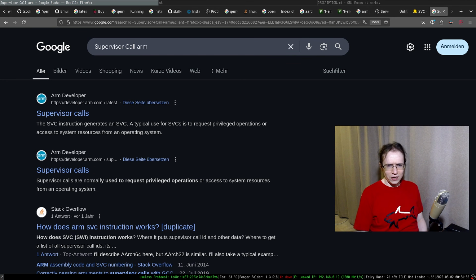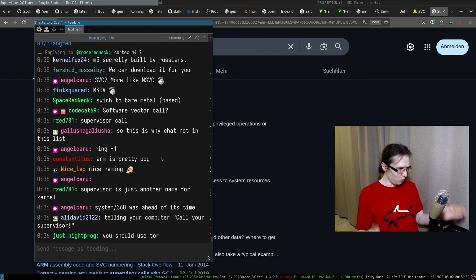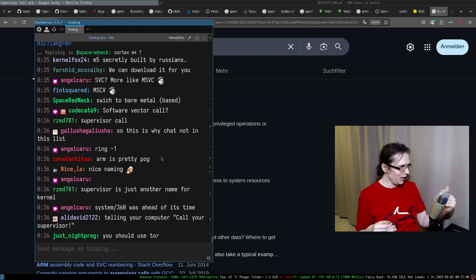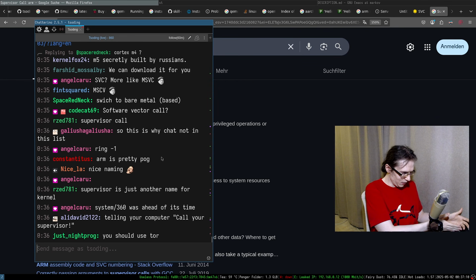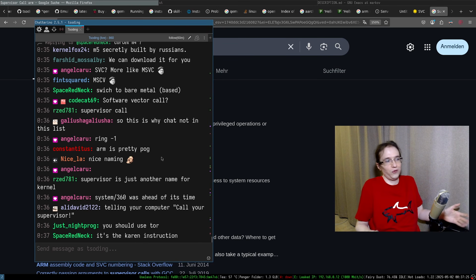So it's kind of similar to how x86-64 works. Originally in x86 in 32-bit mode, you used interrupts to ask the operating system to do something, and then in 64-bit versions, they introduced the syscall instruction. It's kind of similar in ARM. So ARM kind of mirrors x86. So far, ARM just feels like a different flavor of x86. I thought it was going to be completely different, but it's just a different flavor of x86.